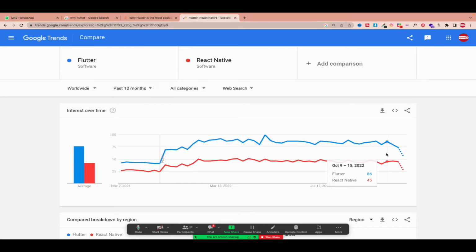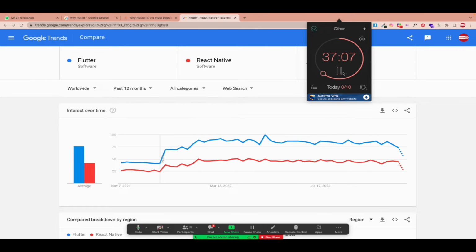Now, we are still in the introduction. I want you to get the perception. If you're a real, true developer, not mediocre, or if you're going to become a developer, there is one thing that you can't miss as a developer in your life, which is Stack Overflow. Stack Overflow is a platform where programmers ask questions and they get solutions or answers. So Stack Overflow is like Google for developers.